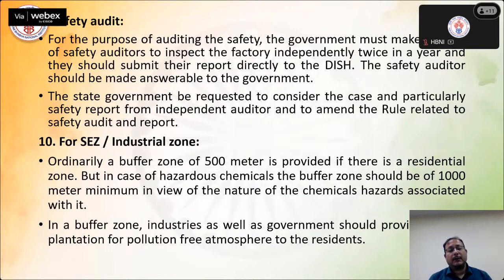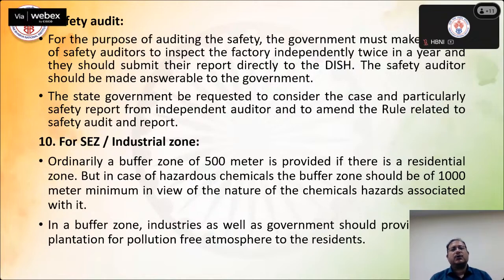We are not talking about the chemical warfare agents which are not approved or authorized to be produced. But yes, the chemicals which are authorized to be used in the manufacturing units or plants can be assessed, because safety auditors can cross-check on the basis of a questionnaire or whatever data they have, and they can easily go through these parameters.